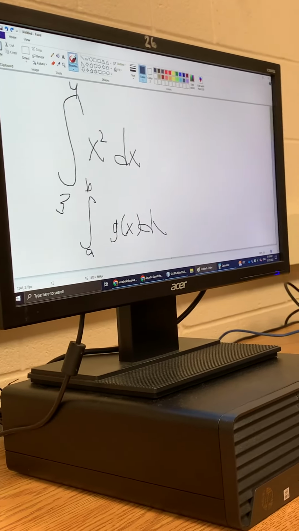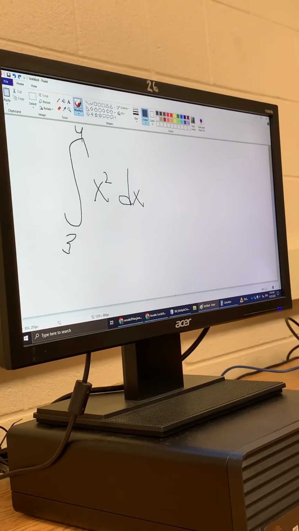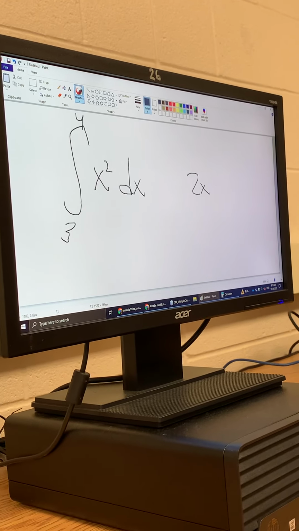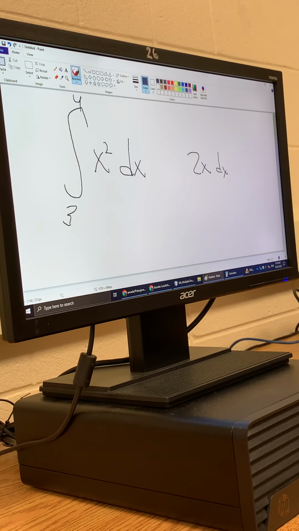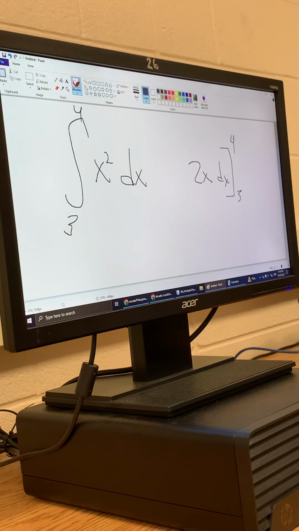So first we find the antiderivative of x squared. Don't worry about it. So it's 2x. I think we put a dx here. I don't know if you put the dx. From 4 to 3 on these intervals, okay? Then all you do is